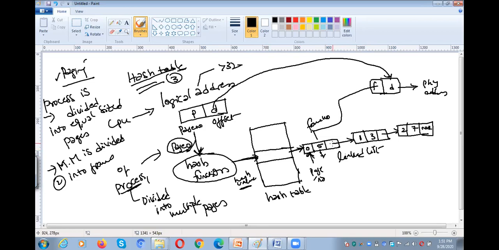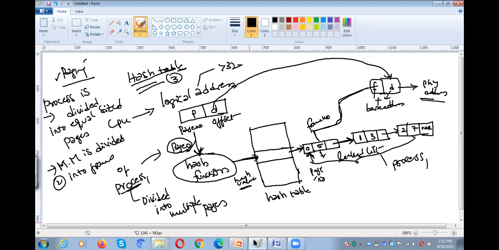And the next partition is linked to the next page, that means the next node. Page 1 is available in frame 3. So it shows which page is available in which frame. All these are related to process 1. By this we get the frame number. If you know the frame number, we need to add the offset to that particular frame, which contains the base address. So we add the offset to the base address so that we will get the physical address.